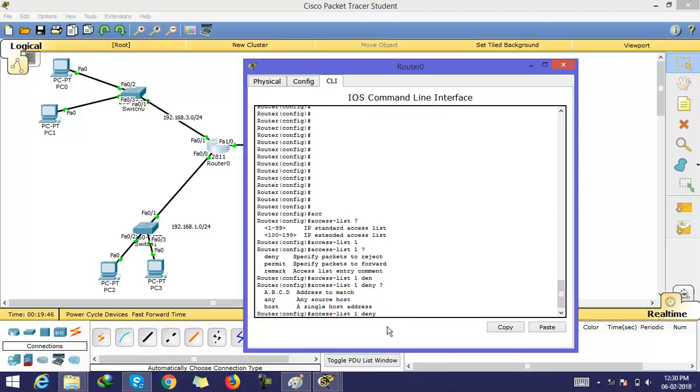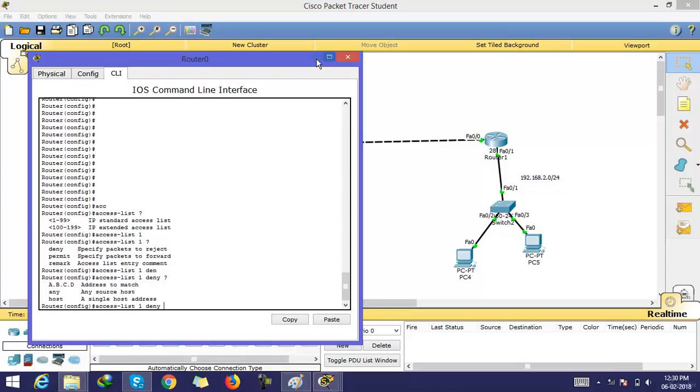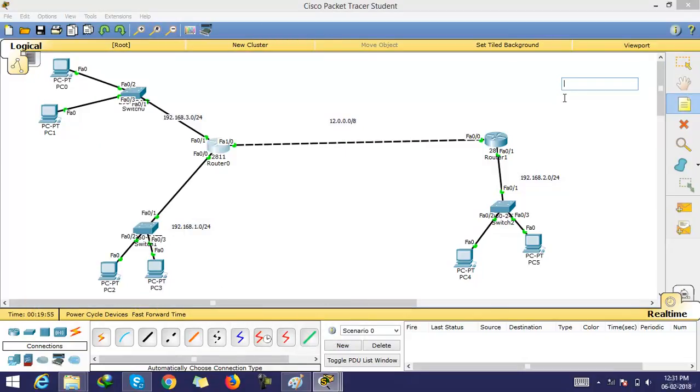I am typing the host, or you can type the network of this, because here my motto is to deny 192.168.1.0 to 192.168.2.0, but allow 192.168.3.0 to 192.168.2.0. It means, what I'm trying to say,